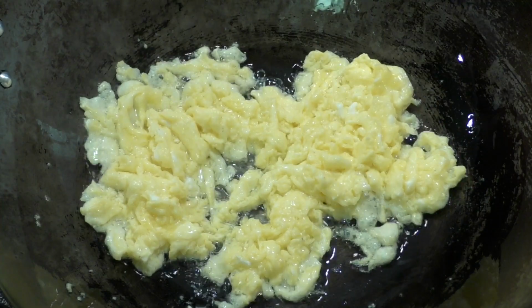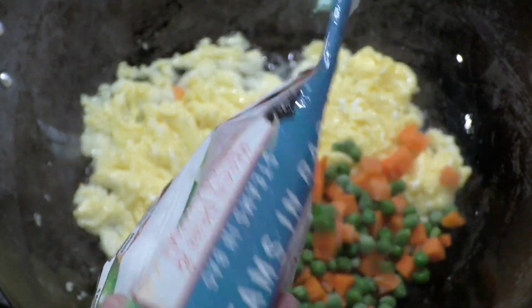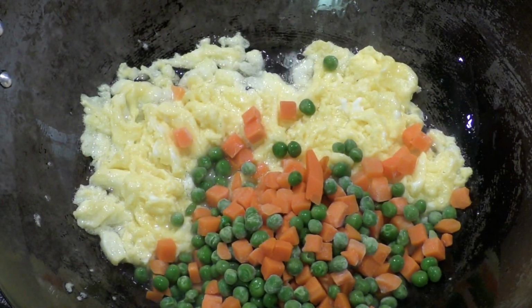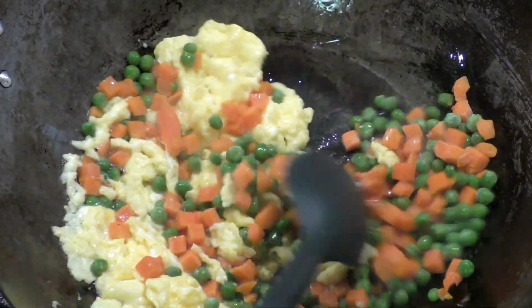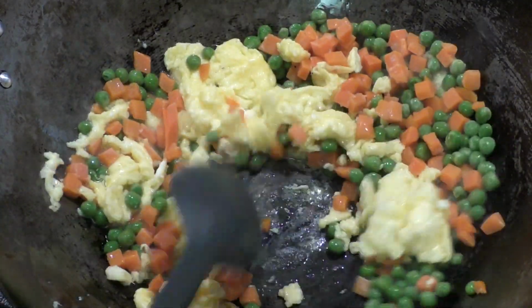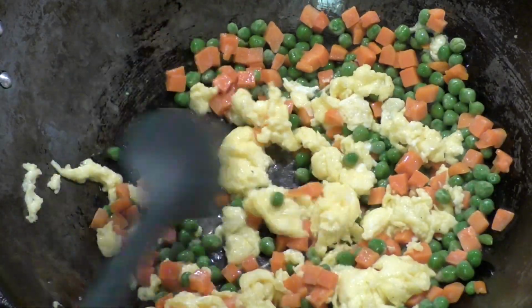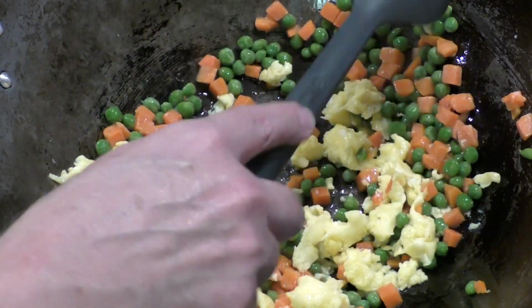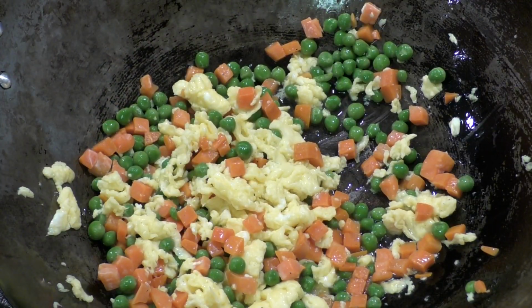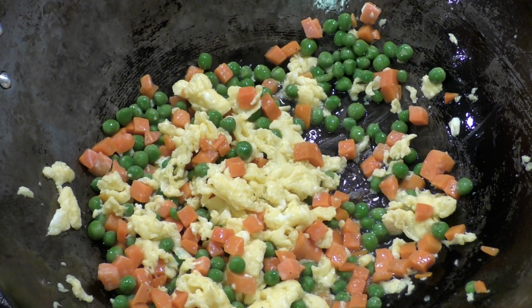So now what we're going to do is we're going to throw peas and carrots in here. Now these are frozen peas and carrots and they're still a little cold, so that's why I'm putting them in here now and letting these kind of cook a little extra. Within this right now, I'm going to also end up putting my green onion,